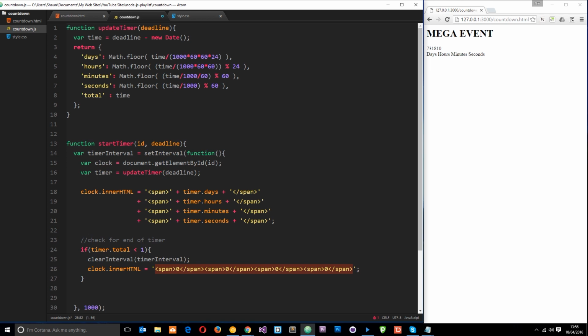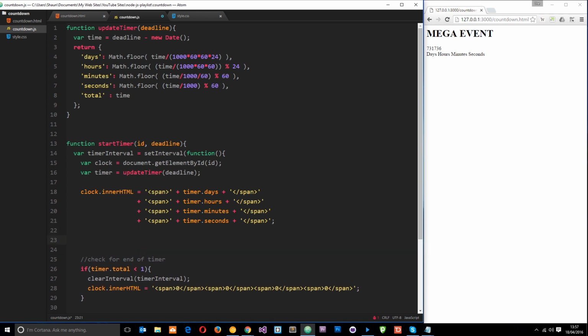One more thing I want to do is kind of help our CSS out when we come to do the animations by adding a class dynamically to whatever span tag is going to change. So if you think about it, this span tag is going to change every second. So we want to animate that span every second. We want to flip it over every second. This one is going to animate every minute, so we want to add a class to animate that every minute, this every hour, and this every day. So I'm going to use JavaScript just to add that class dynamically so that we can use CSS animations on that class. So let me grab some code right here